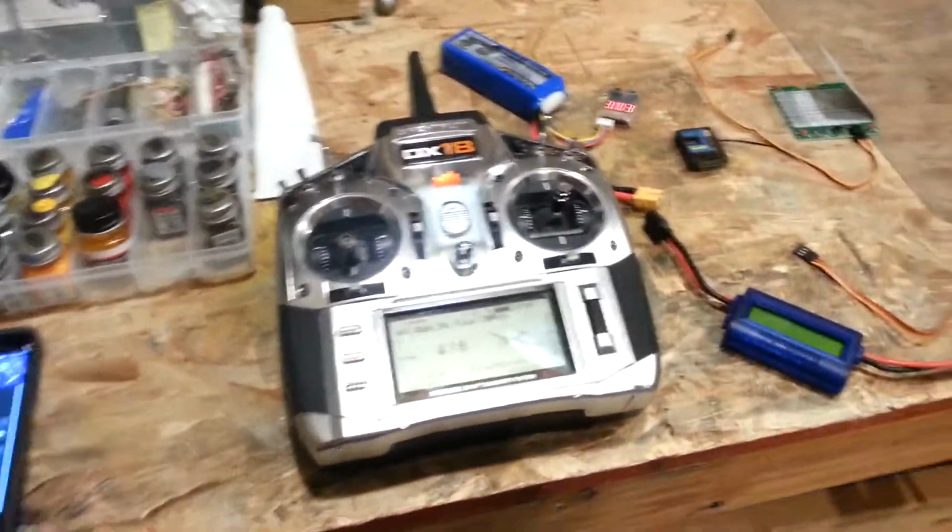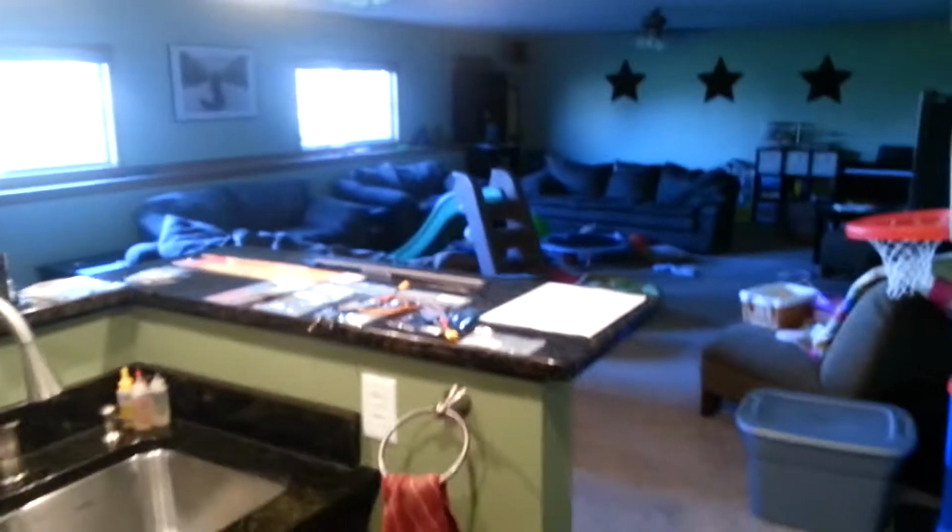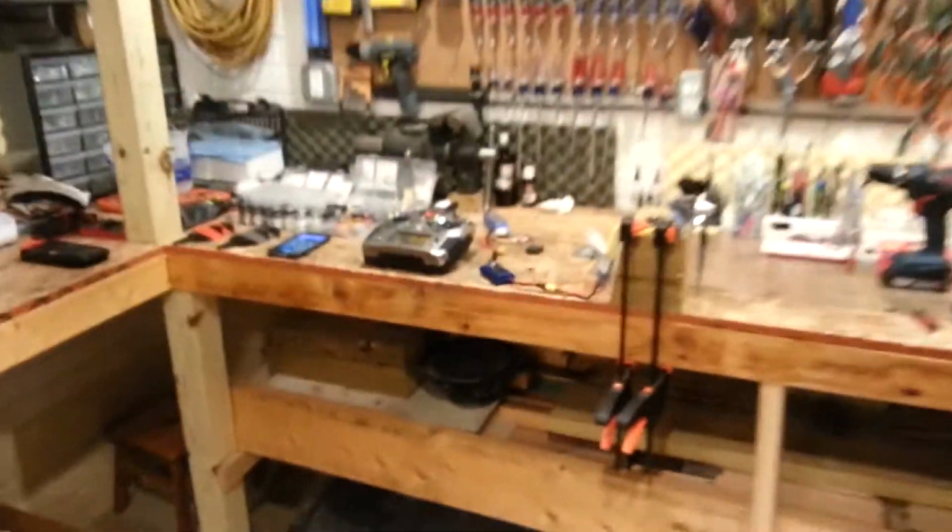Alright guys, just wanted to show you some work I'm doing on my ASH26 by CMPro. Been working on the ESC here. This is the progress so far. Working on the ESC and motor bench testing today. And we got a